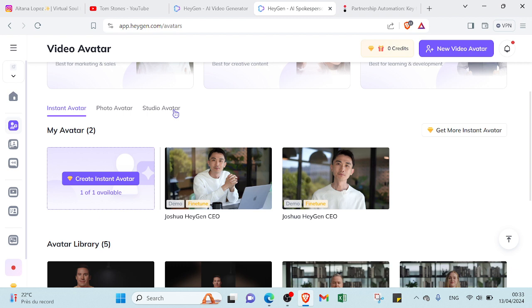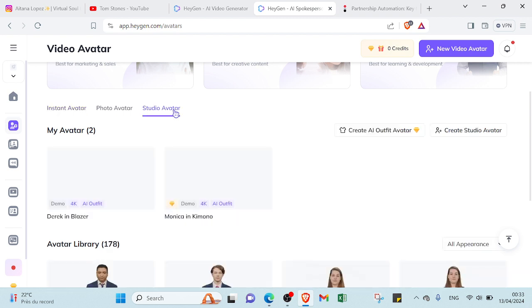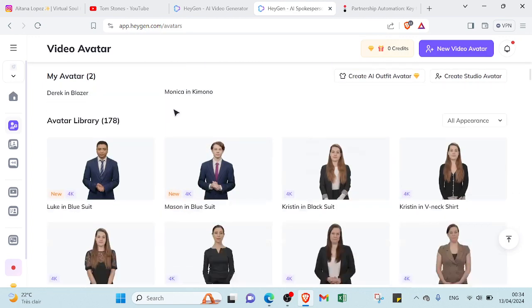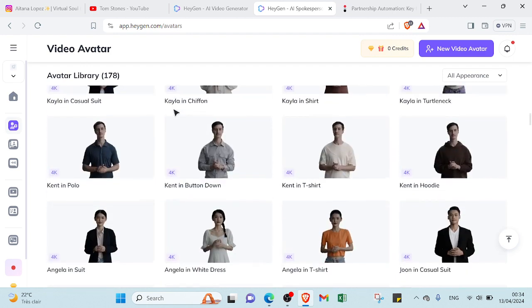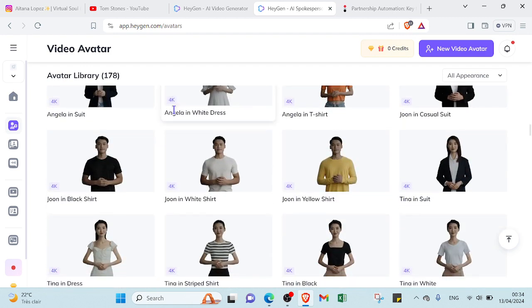So you'll find a lot of AI characters that can help you choose yours. There are various AI characters that you can choose here. As you can see, we have a lot of AI characters. For example, let's choose that one. As you can see, it's John in white shirt. So this is the name of the AI character and